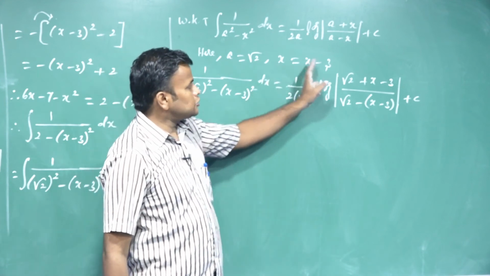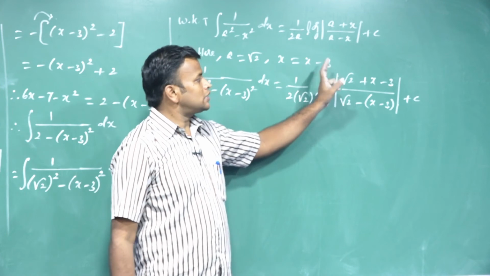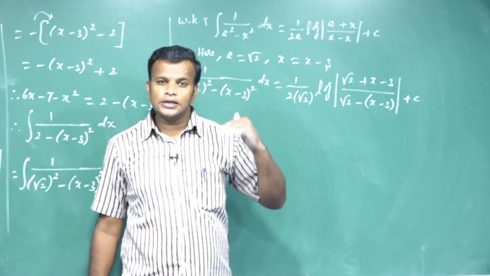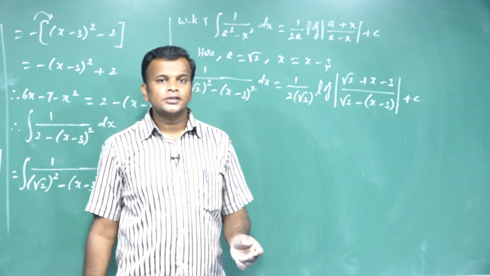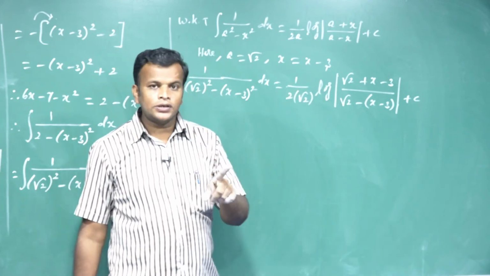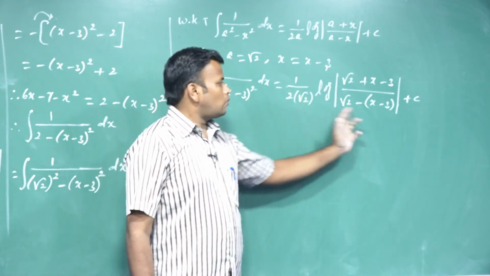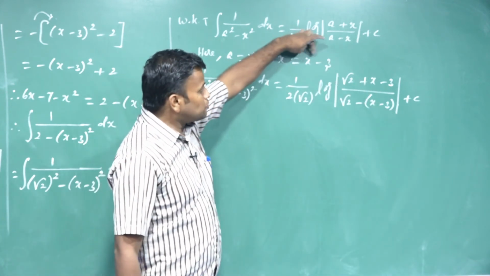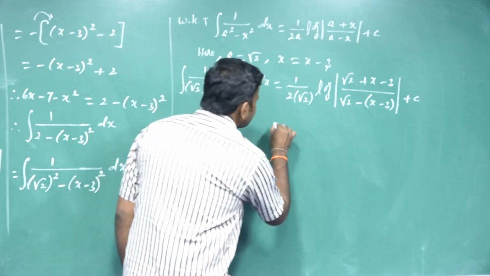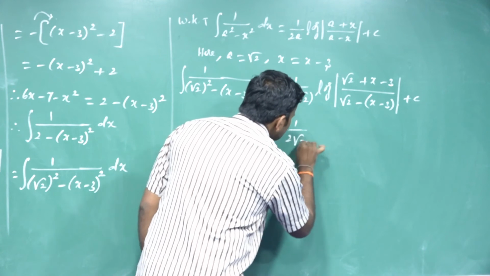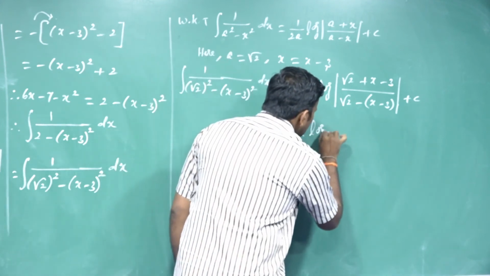It is also a composite function. In place of x here we have x minus 3, and we differentiate the term x minus 3 with respect to x and put the answer in the denominator. What is the derivative of x minus 3 with respect to x? x with respect to x is 1, and the derivative of the constant 3 is 0. So it is 1, and we don't need to write it. So we get 1 by 2 root 2, that is 2 root 2, log